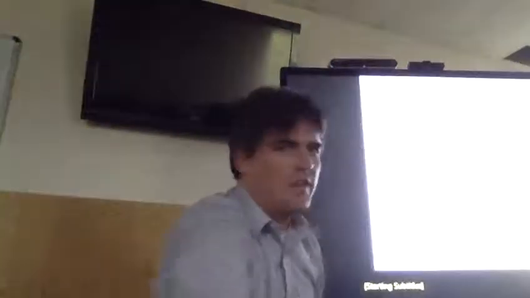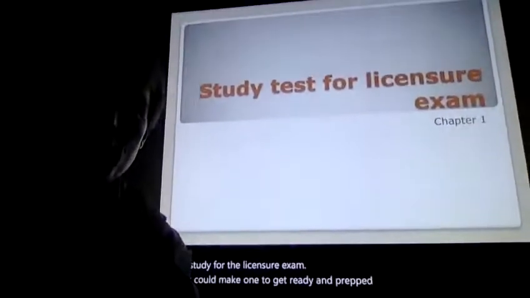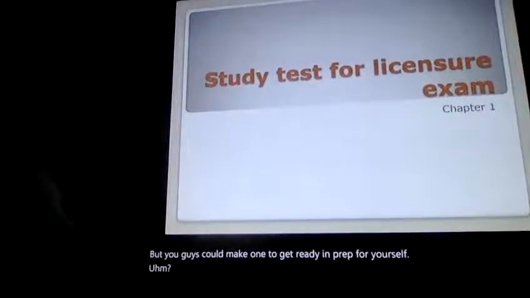And I wanted to show you a little practice guide somebody made up to study for the licensure exam, which you guys could make one to get ready and prep for yourself, if you want to practice your test. So,